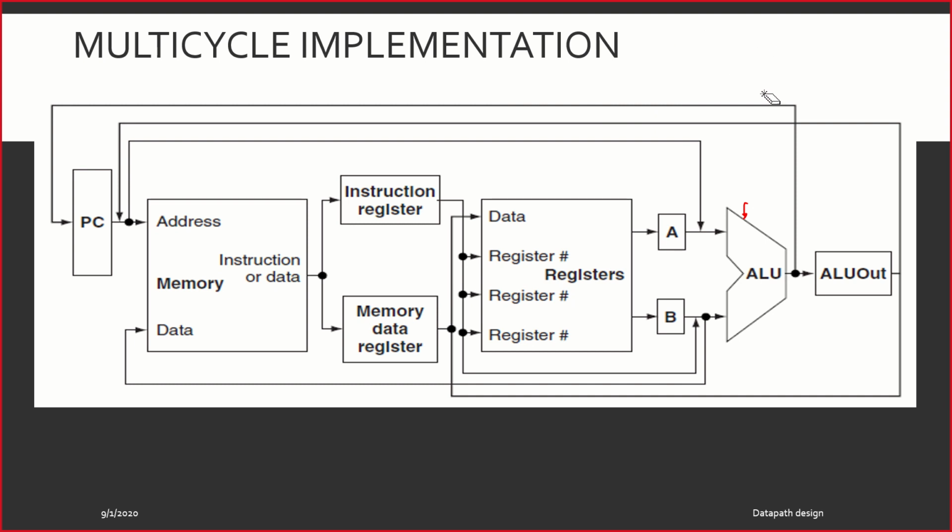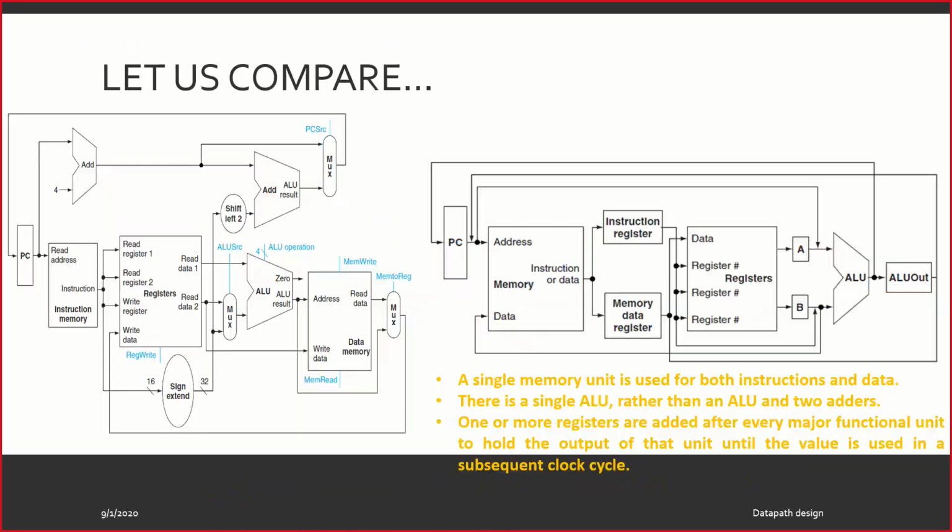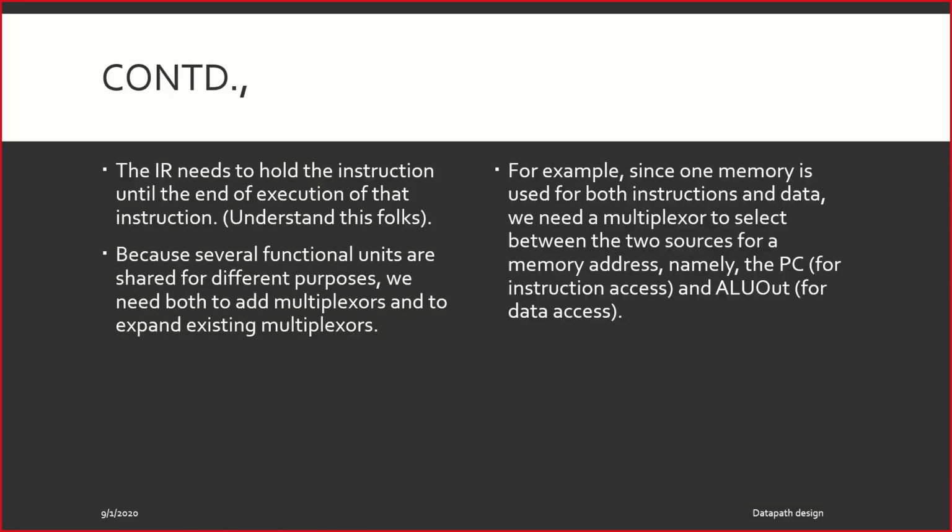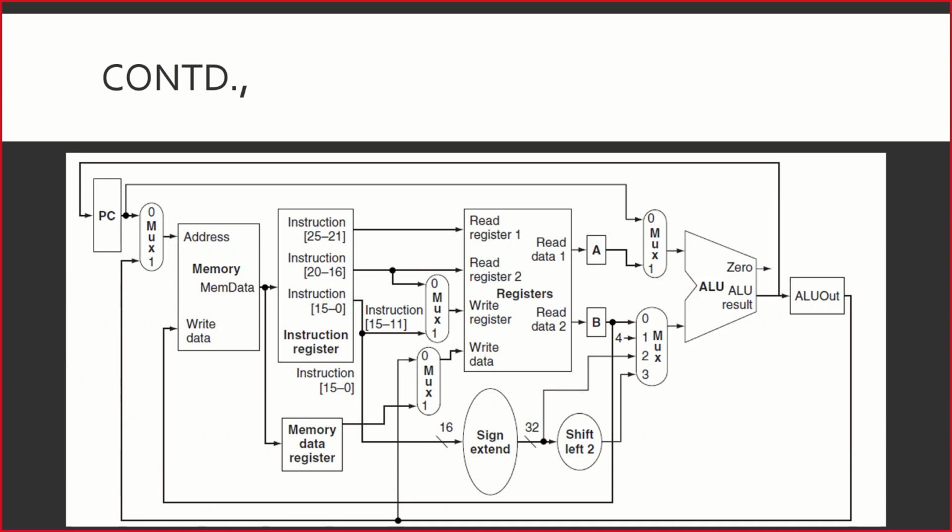We need to change. This is the simplest of the multi-cycle design. This is not at all a design. This is just a block diagram. So what do we need to do? We need to go ahead with the complex multi-cycle design, which I will talk about tomorrow. And you can see that here, the complex multi-cycle design is here. I'll tell you how exactly this works tomorrow. You can see that there are multiple multiplexers added.